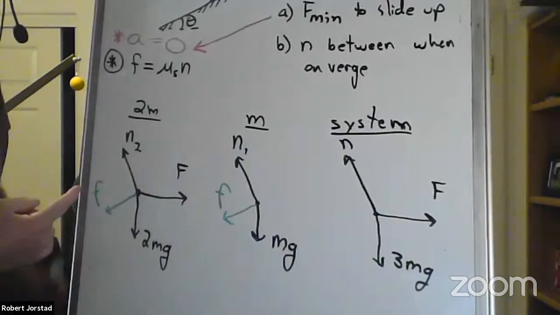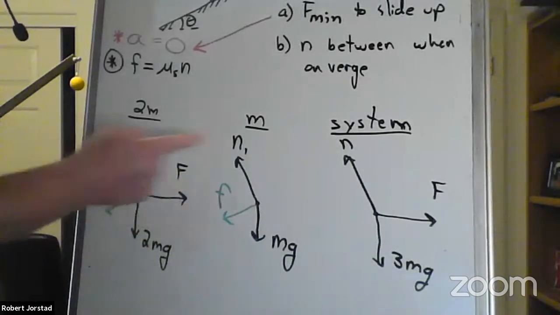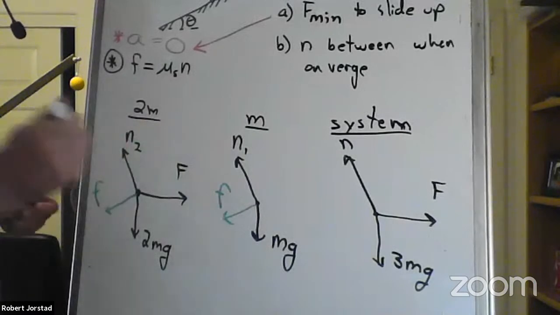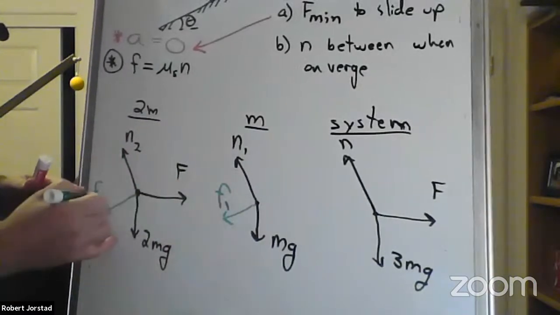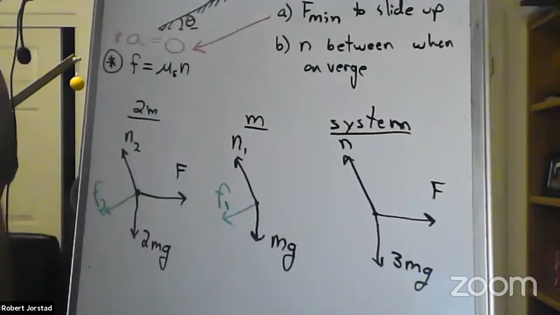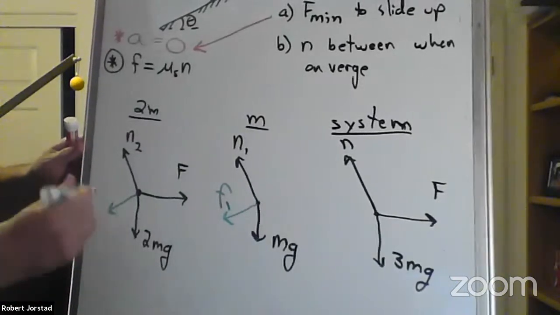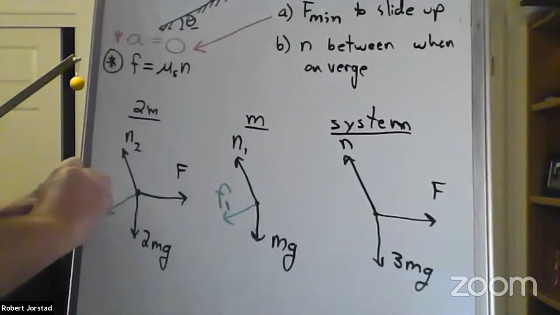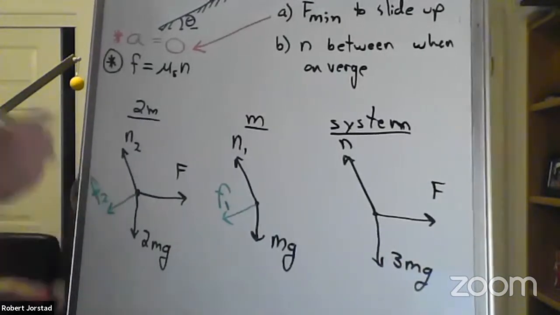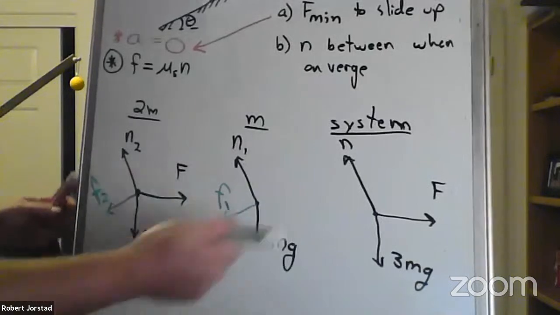Now here we run into trouble. Just like with normal forces, we have different normal forces. We should probably have different frictional forces as well. So make sure you put a subscript on those. That's sloppy. Let's clean that up. F2, F1, and then here,